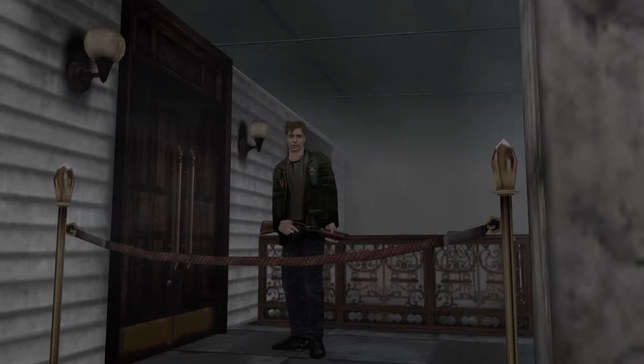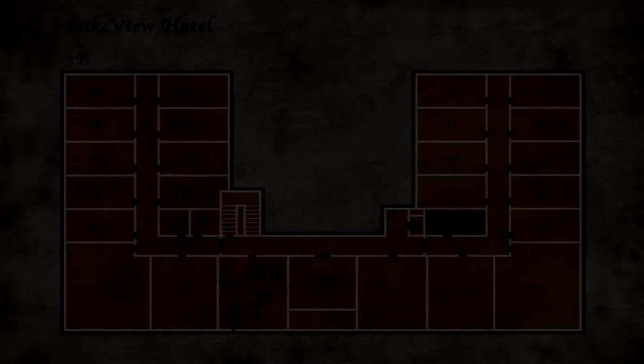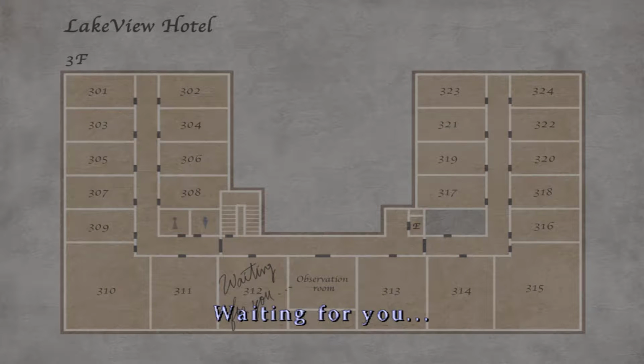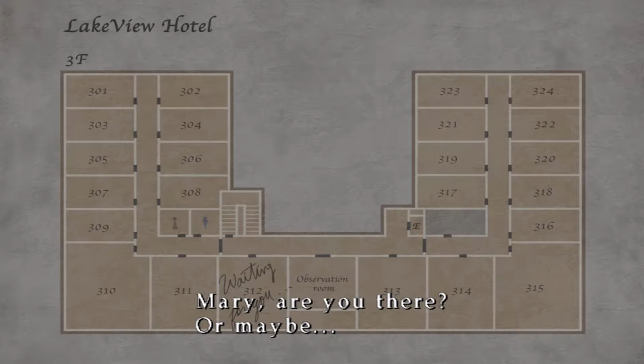Here we go. Mary, I'm coming with a shotgun. Man, they give you a map right off the gate. Waiting for you. What's this? Room 312. That's the room Mary and I stayed in. Mary, are you there? Or maybe...